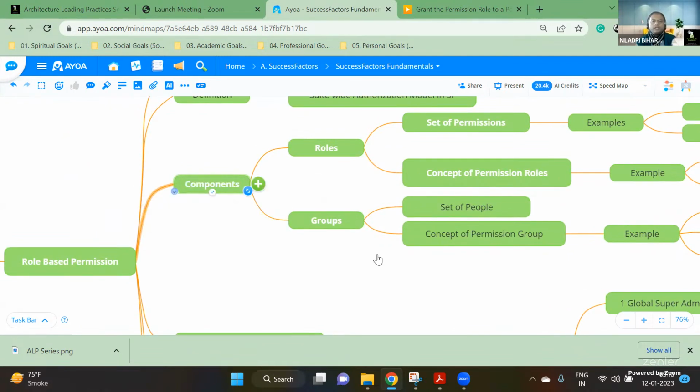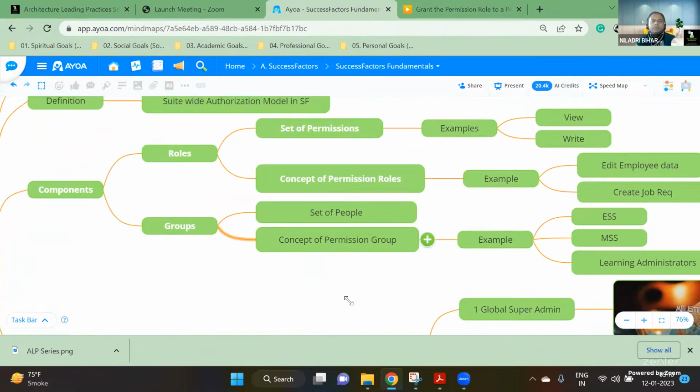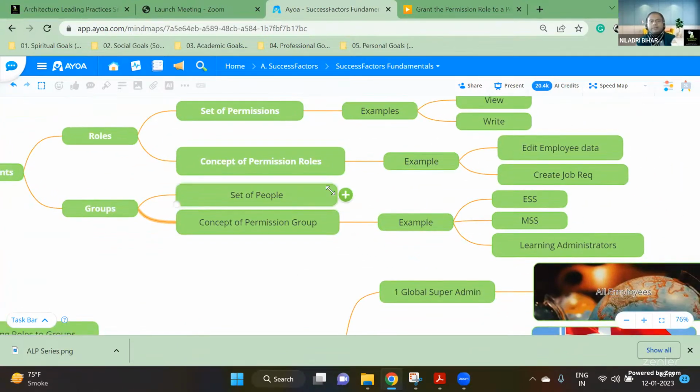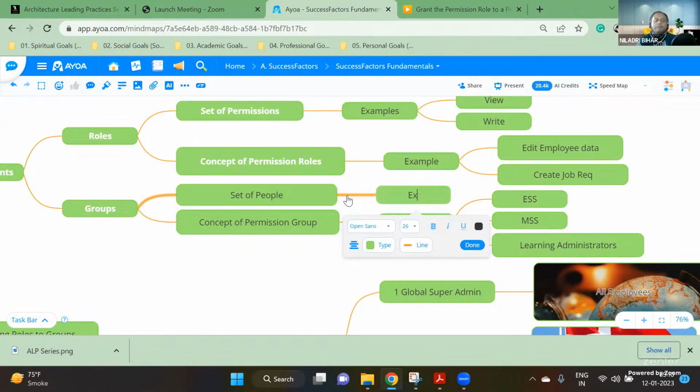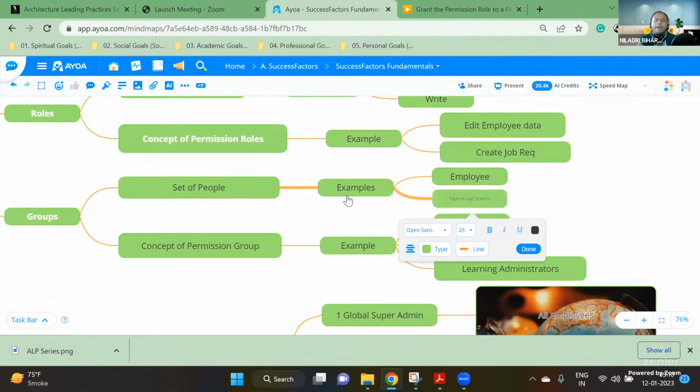This is also understood. And groups are nothing but sets of people. Set of people means, actually, the example. Basically, you will be having your... yeah. So here I forgot to give the example. So now, during recap, I remember the example can be, basically again, a set of employees, then a set of managers, a set